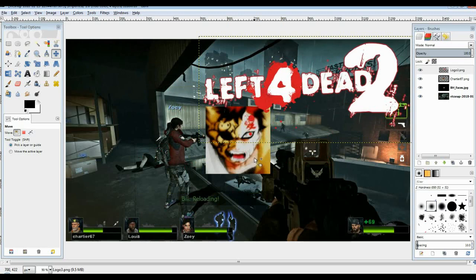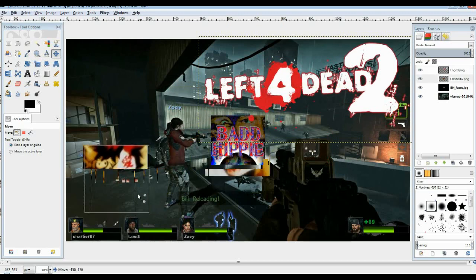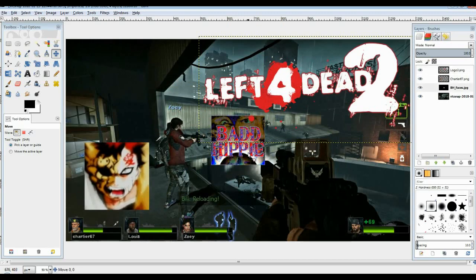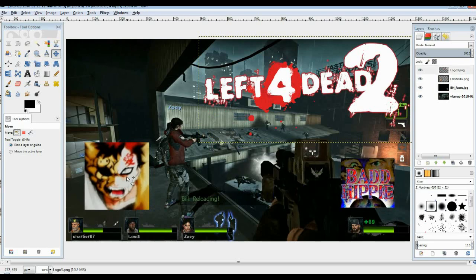Looks like a good place for it. We're going to grab Bill's logo and move it over there, mine, and move it over here. Now the logos are different sizes, so we want to make those a little bit more uniform. So I'm going to grab Bill's logo over here in the layers, and then I'm going to go over here